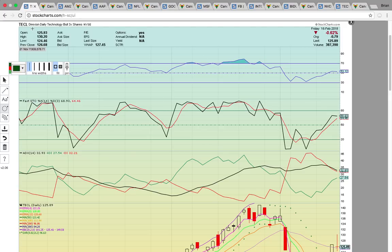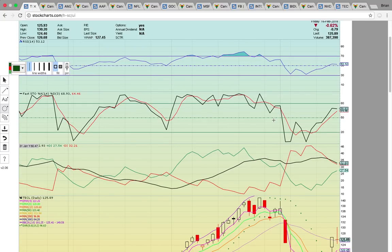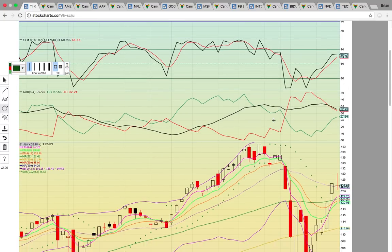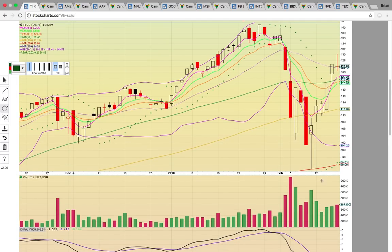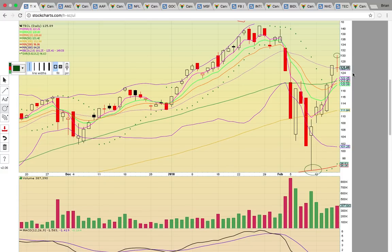If you look here at TECL, this is the Direxion Daily Technology Bull 3x, and yes, this does trade options. It had been a big money maker on the way up. You can see it bottomed out down here off of the 200-day simple moving average at 96, 95, and ran all the way up here, hitting a high of 130. So call options returned huge percentage gains on this move. And now it's trying to hold the middle Bollinger Band, currently at